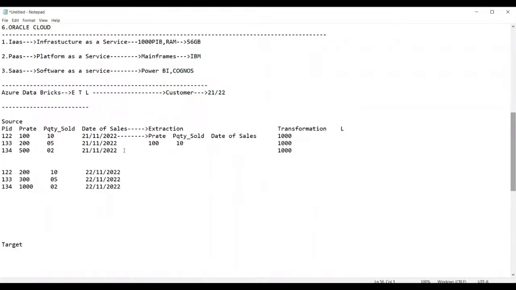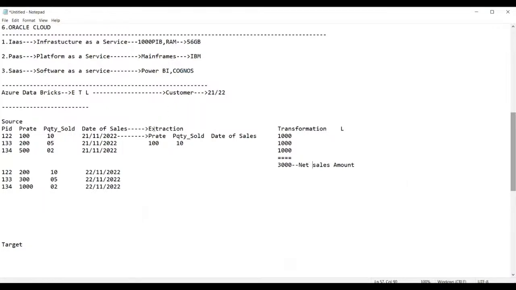What is the sum of these three? It is 3000. So can you see? 3000 is the net sales amount. Am I right, everyone?